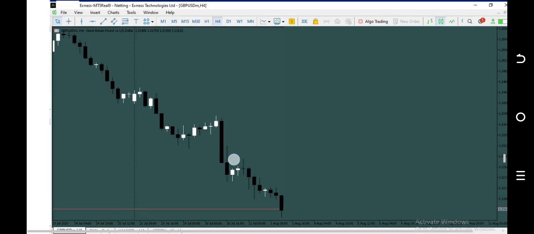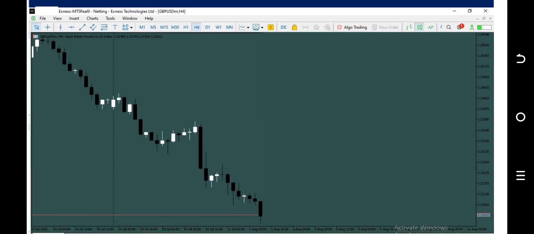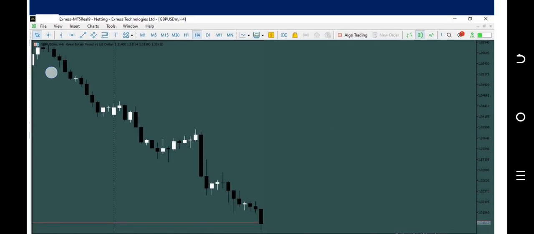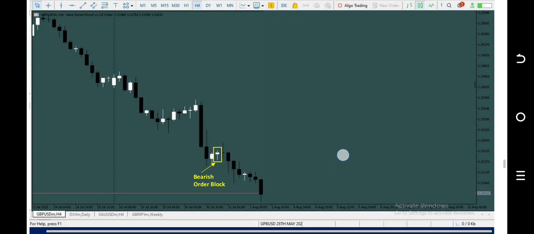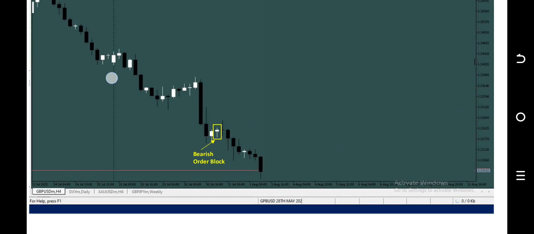Okay, can you see this is actually a bearish trend on the 4-hour time frame? Can you see that? So now let's look at it. Can you see price has been bearish all along? Okay, so this is a bearish order block. I see price retraced up and it came down. So that last white candle that is printed before price came down is called a bearish order block. Okay, so we are expecting that when price retraces back up, this bearish order block should